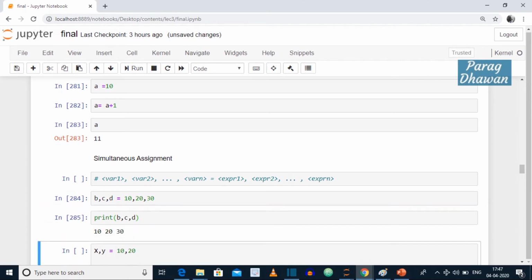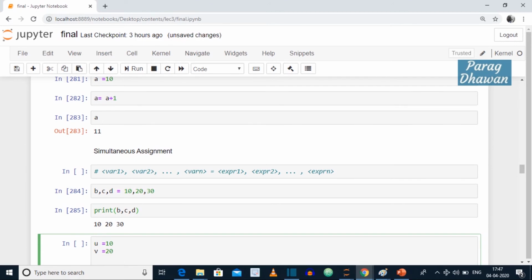10, 20, 30. Now if you want to exchange the values of two variables, suppose you have u with the value 10 and v with the value 20. To exchange the values of these variables, we declare a variable temp. We store the value of one variable in temp. Suppose I am storing the value of u in temp.